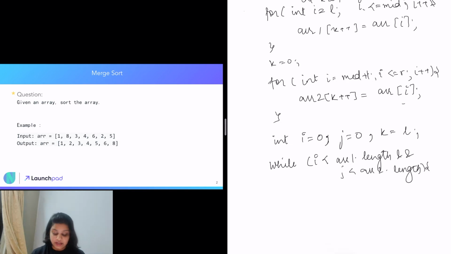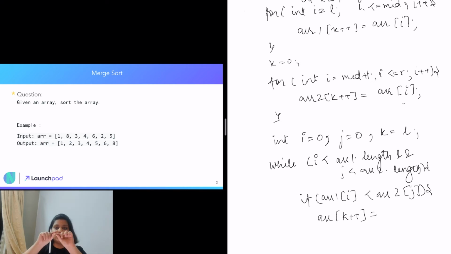We are just going to check if array 1 of i is less than array 2 of j. If that is the case, that means our array 1 of i is the smallest element, so we are going to insert that in our new array, which in this case is an old array, but we are just updating the whole L to R subarray, and we will update our i to the next index.